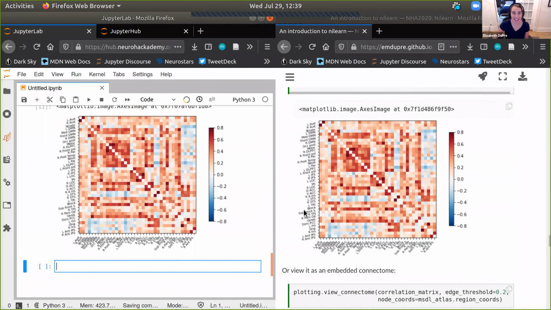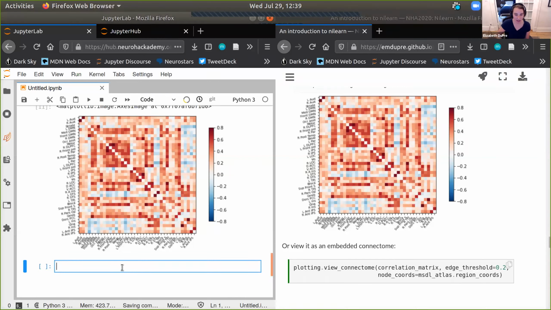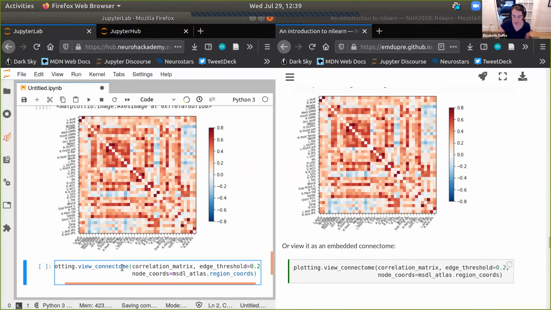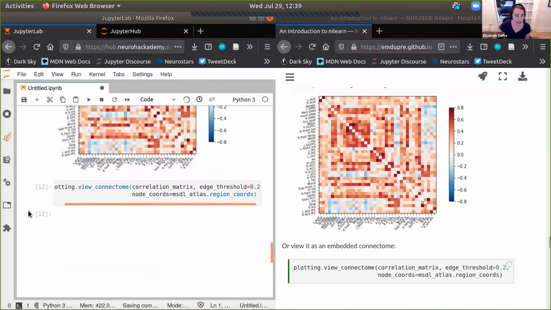The other thing is I told you that Nilearn has lots and lots of ways of plotting. So rather than just looking at a matrix, you can even view it as an interactive connectome. This is powered by Plotly, and it's something Jerome, again, worked on getting in, and it's really beautiful. So now instead of just seeing this as a matrix, it's going to take a second.